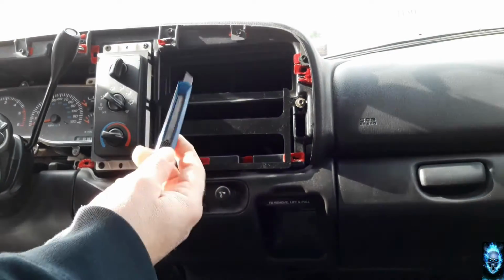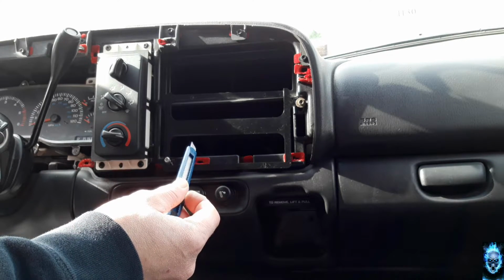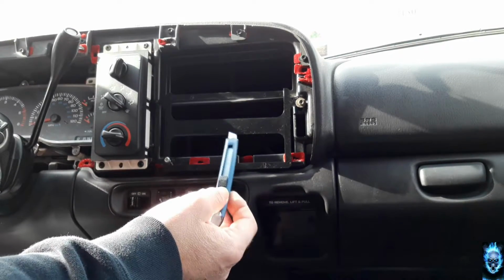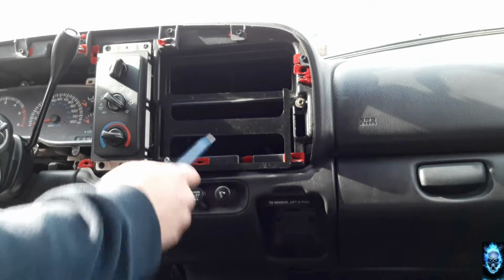What I'm using is a simple razor blade to give me an outline, since I'm cutting everything out anyways. It's easier than using a marker or pen because you can't really get a straight outline. Since I have a blade here and it's nice and thin, I can actually get a